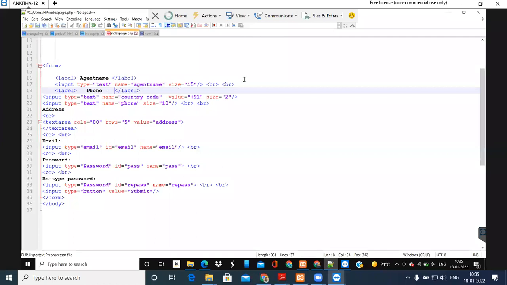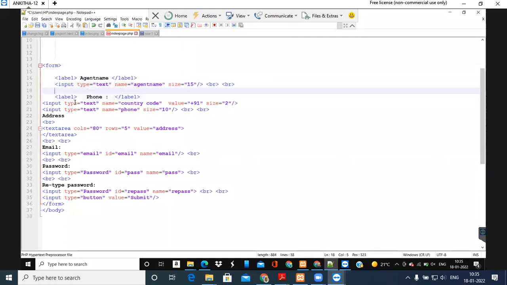So this one is the first input field, agent name, and the second one is agent phone number. For accepting the phone number, she created one label. This label is a tag for representing the label, meaning the name we want to print, that label naming.